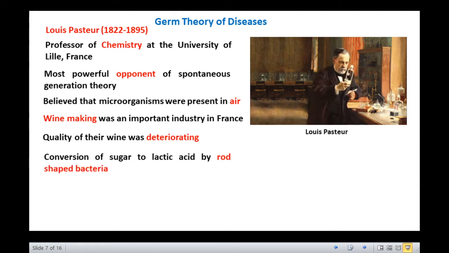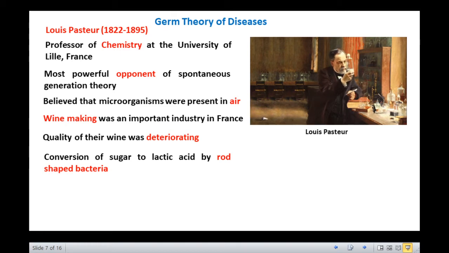to lactic acid by rod-shaped bacteria. His microscopic observations made him realize that when alcohol was produced normally, the yeast cells were plump and budding. But when lactic acid would form instead of alcohol, small rod-like microbes were always mixed with the yeast cells. He found that the yeasts characteristic of the alcoholic fermentation had been replaced by bacteria which brought about lactic fermentation